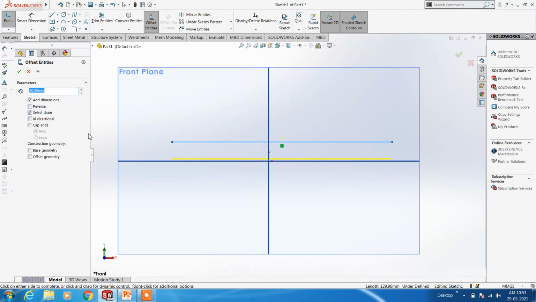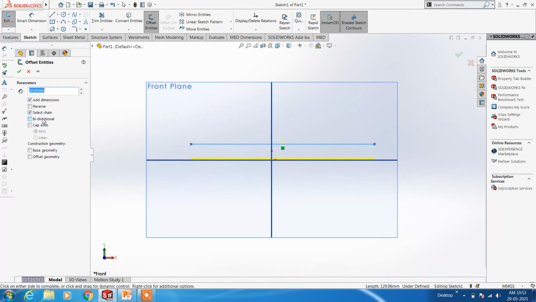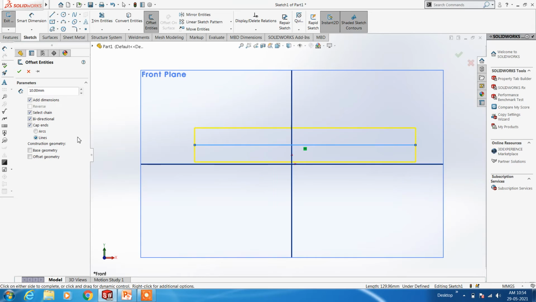Suppose if you want bidirectional, you can use the bidirectional, you will be getting both sides. Suppose if you want cap ends, you can use the cap ends option, your line will be joined in arc. Suppose if you want line, you can go for line.